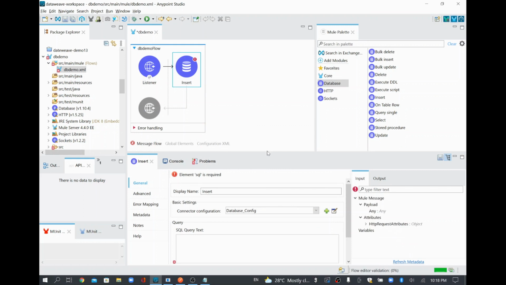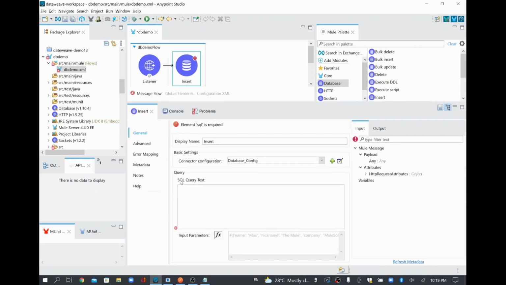Now we only have to tell what your table query is, which we give in SQL query format. I'll say insert into employee, values. I'm just giving the SQL standard query format. Normally here you have to pass the values.